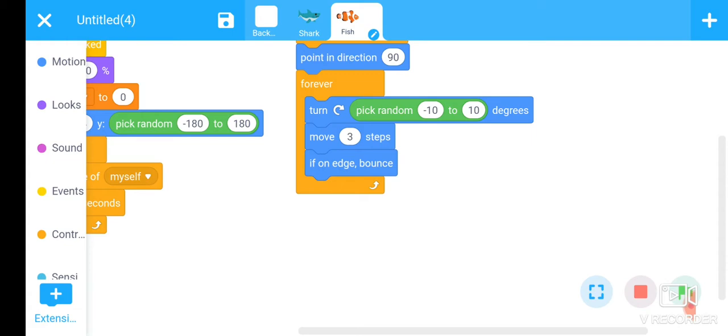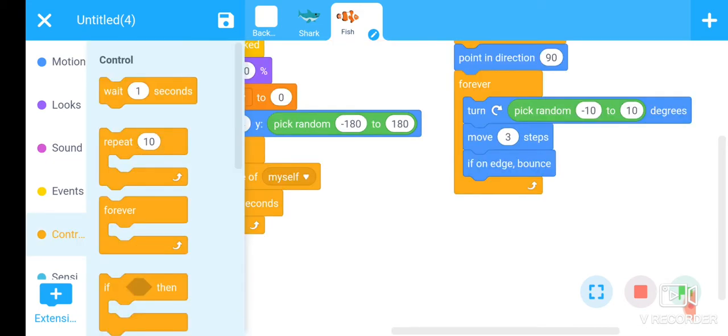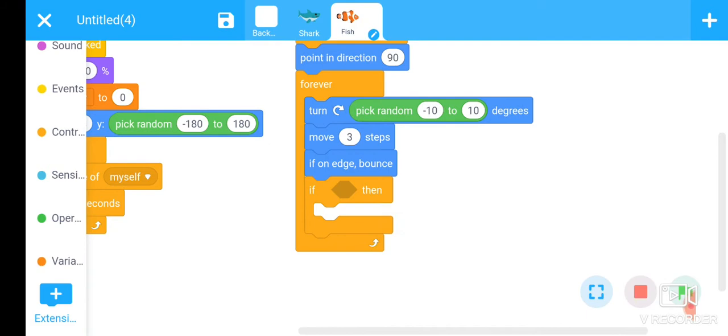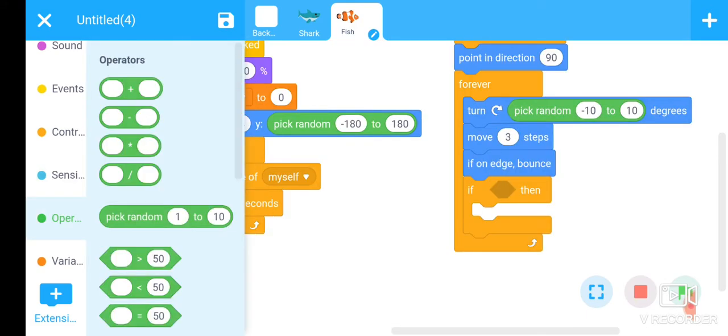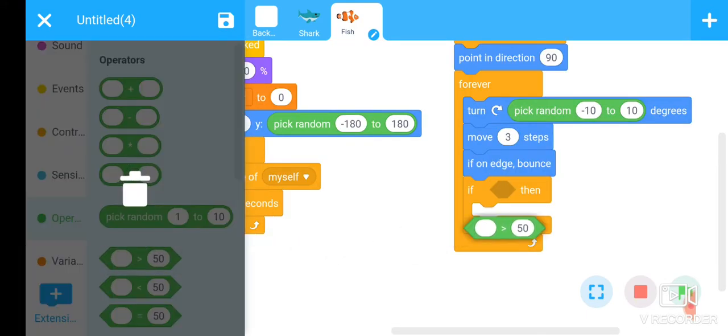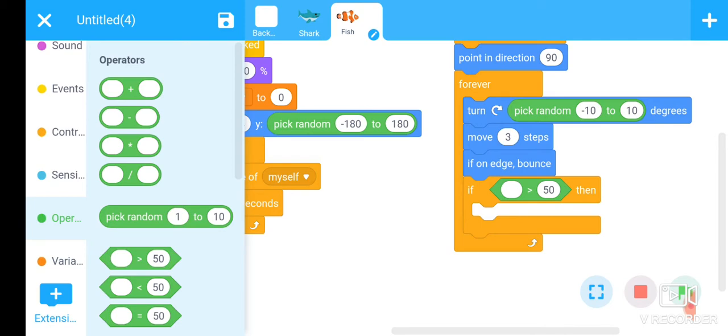Now if shark touches the fish, our score should be increased. Go to sensor section.